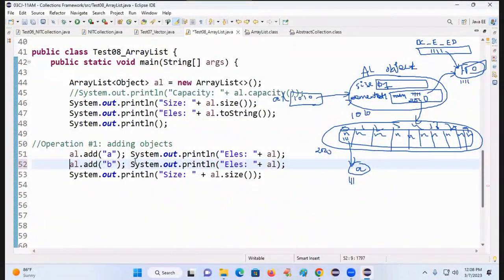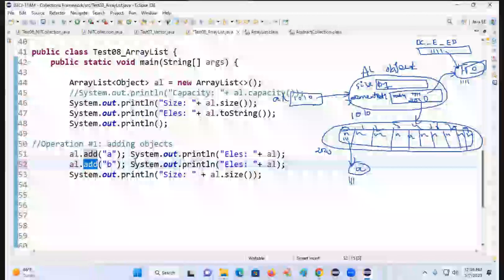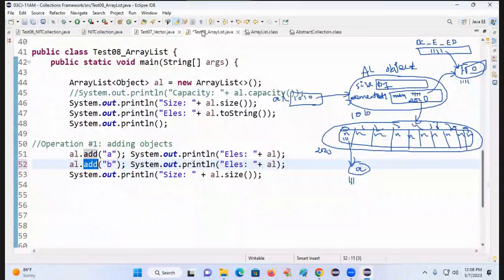Add method first. Checking size equal to capacity. What is the size? 1. What is the capacity now? 10. Size equal to 10? No. Then directly this B is stored inside